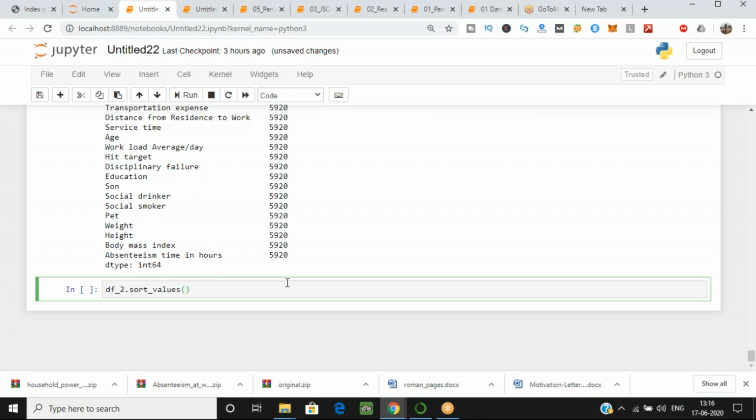Let's take height, and I want it in ascending order, so let's take ascending equal to true. And I want to see its 10 values.